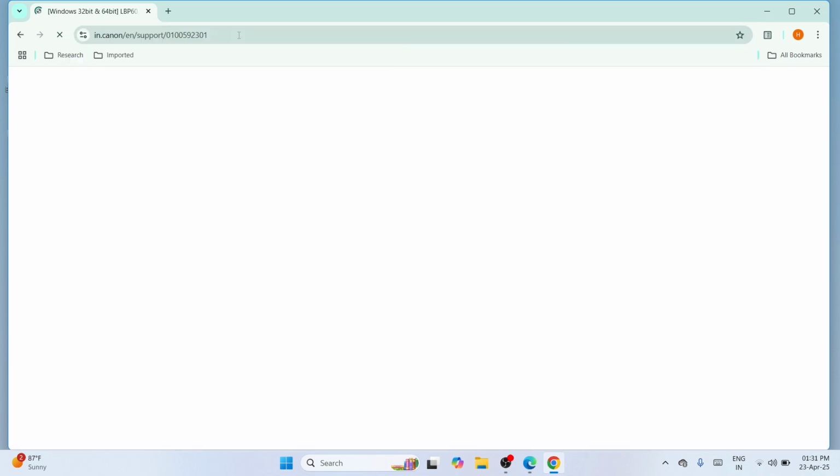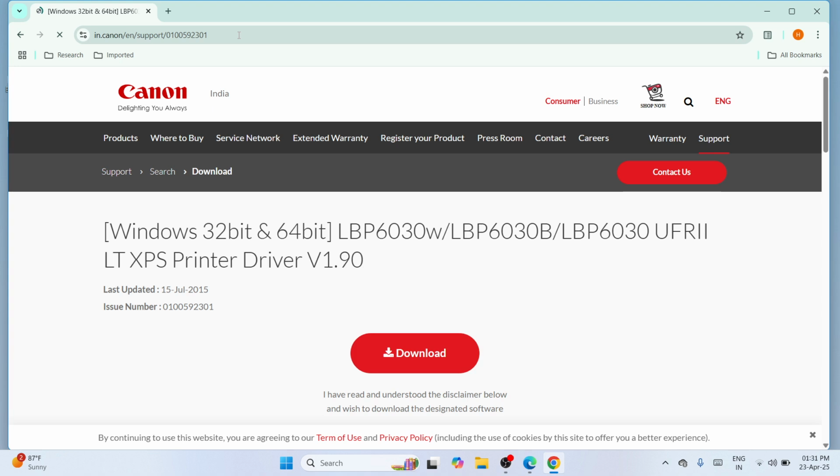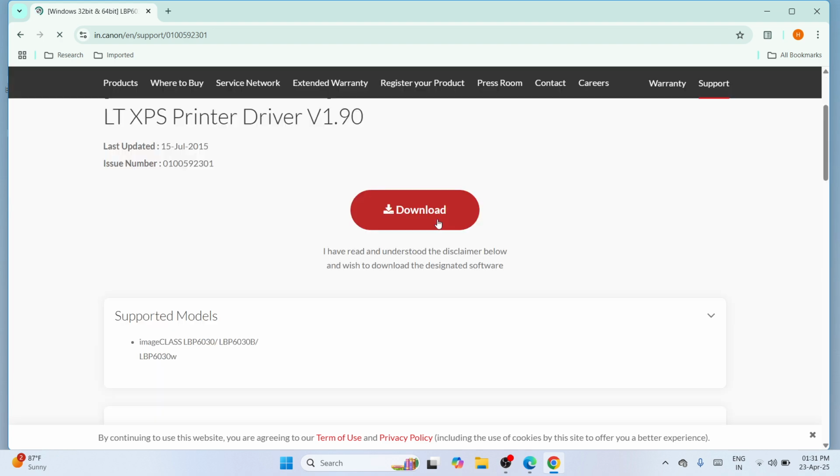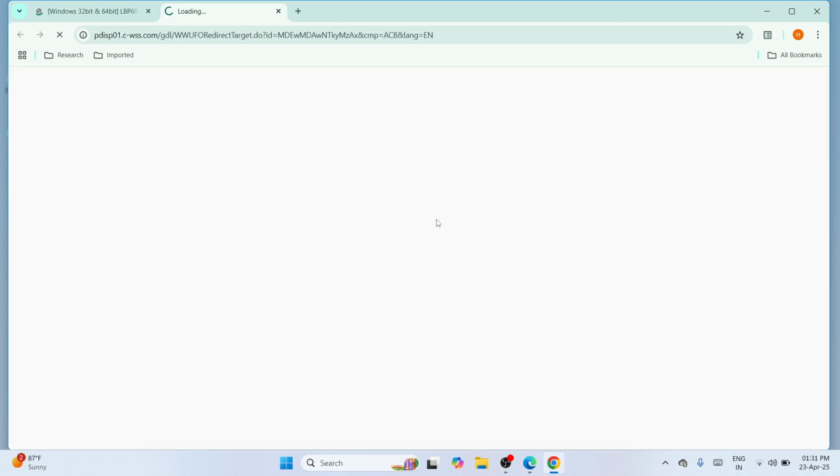So the moment you are being redirected to the result, you can see there Windows 32-bit and 64-bit. And this is a printer driver for LBP 6030, which is what we are looking for. Now you would be able to see here an option where you can download. Click on it. And the moment you do that, just have to wait until you will be redirected to the